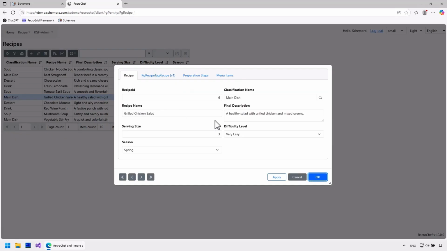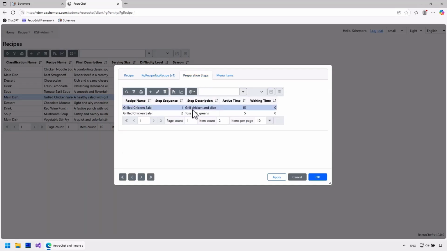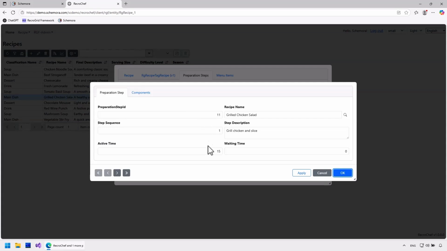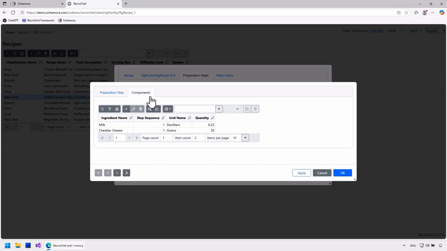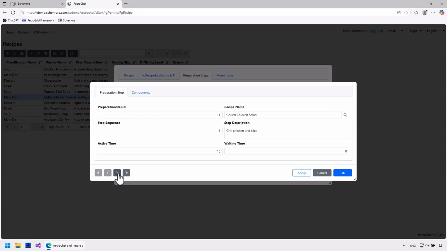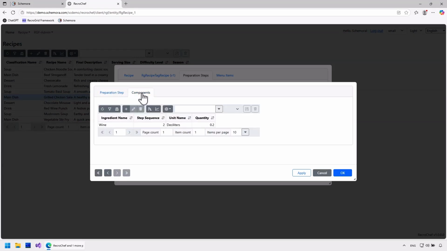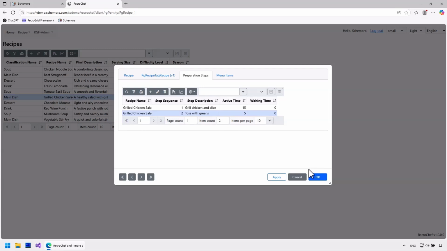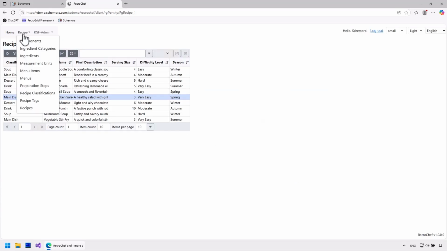Grilled chicken salad. A healthy salad with grilled chicken and mixed greens. 15 minutes. Milk and cheese. There's even wine in it? Oh my gosh! Let's take a look at the menu instead.